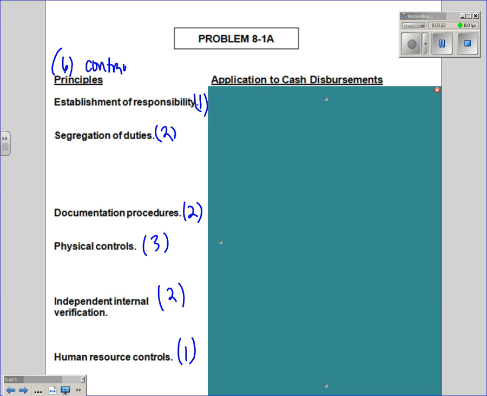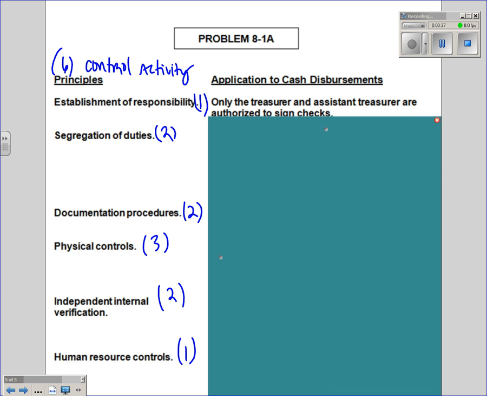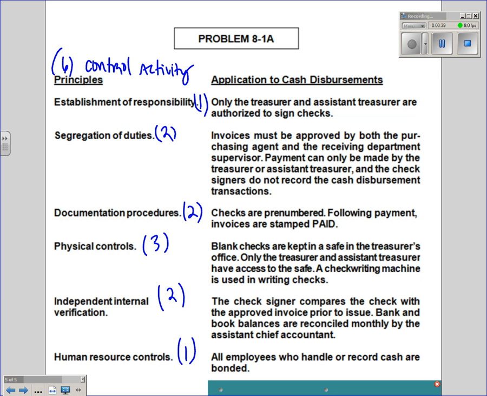control activity principles. You need to memorize those 6 and know the tendencies of the 6. Basically what you're going to do, and take a pause in your writing for a minute, you're basically going to